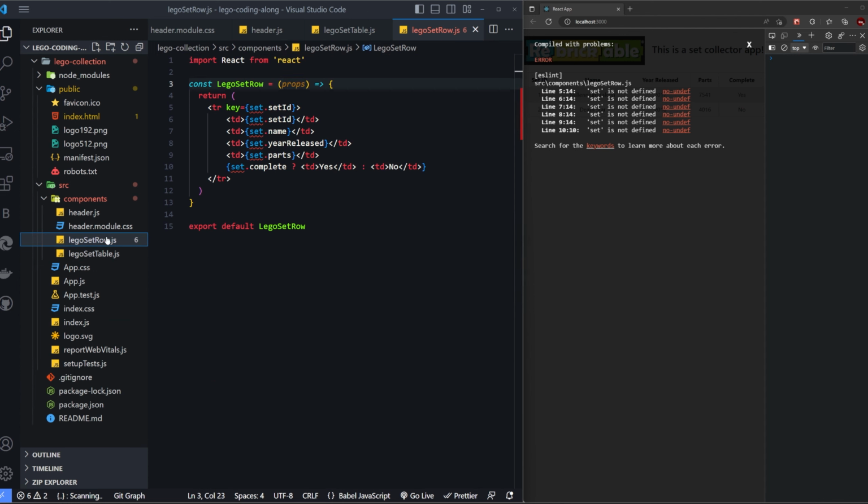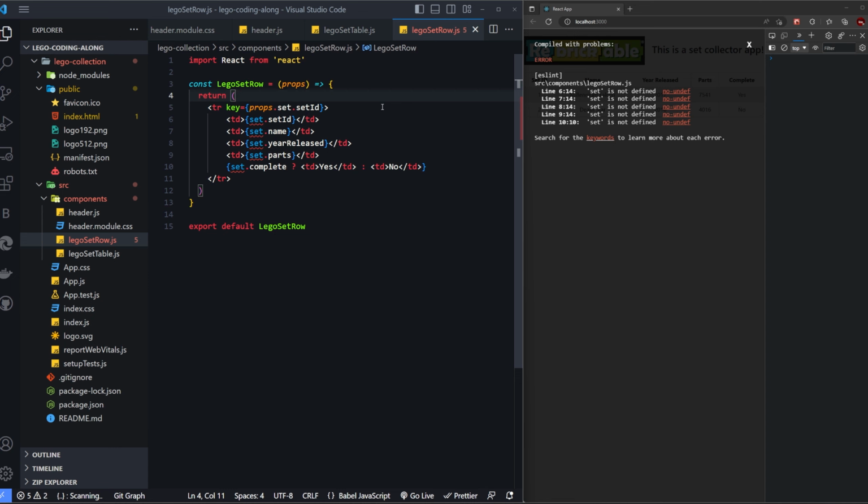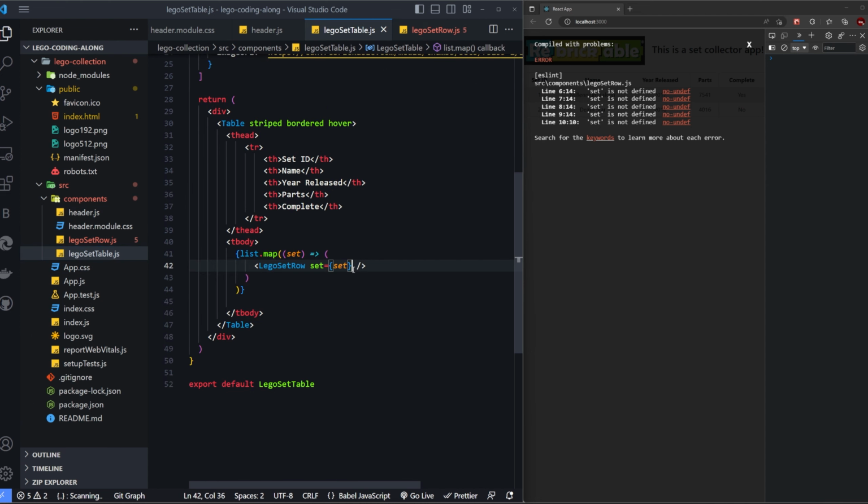Back to our row. Now in props, set is not known. Now where is set located? Well, props.set.id. Now in that props, every attribute is available. So let's say, again, my name is Mike. To make sure that this is very silly, if I add a property called Mike,